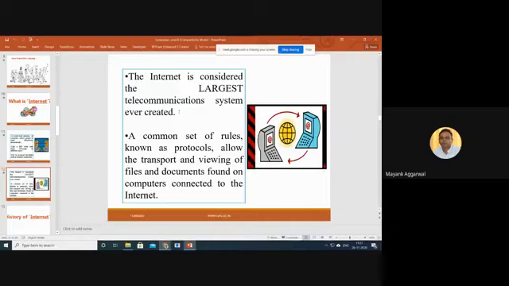Means when data is being sent from one computer to another computer, this computer must be having some particular thing so that it can be recognized. How do the cyber crime cell people come to know that this thing has been sent by this computer? So the computer must be having a particular unique